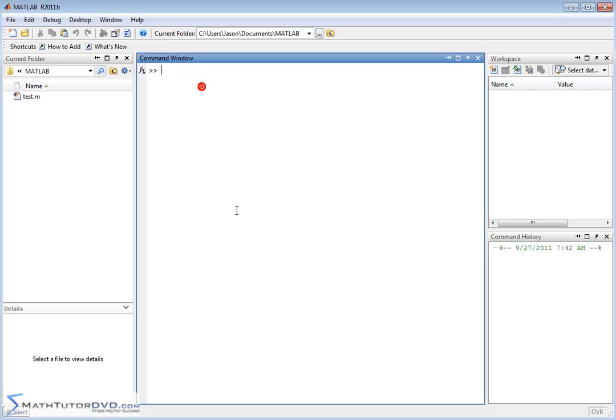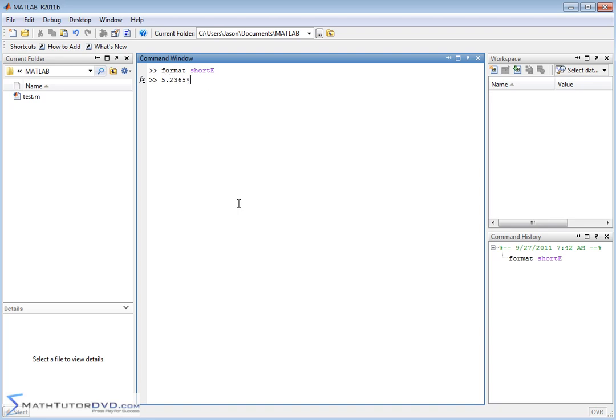Okay, now I'd like to show you one more format command that might come in handy for you, and that is format short E. I do not know why they call it short E, but this is basically scientific notation, typically what we call scientific notation. And so let me show you what that is, format short E. So let it accept this, and the best way to show you this is just type in something like